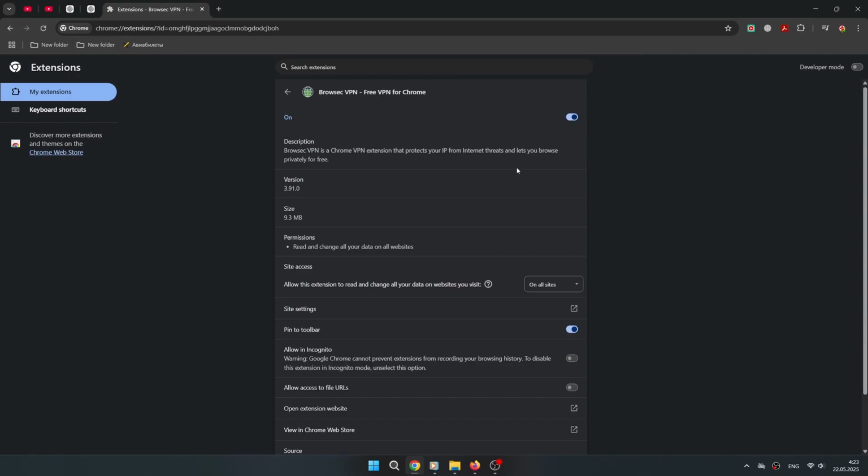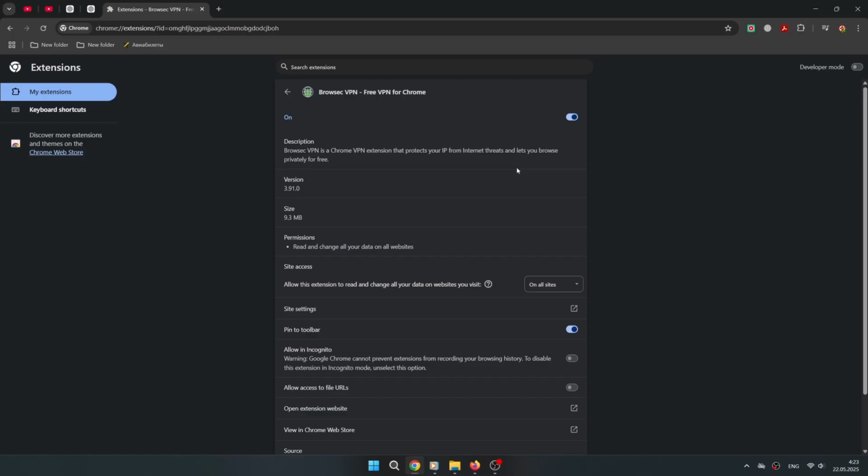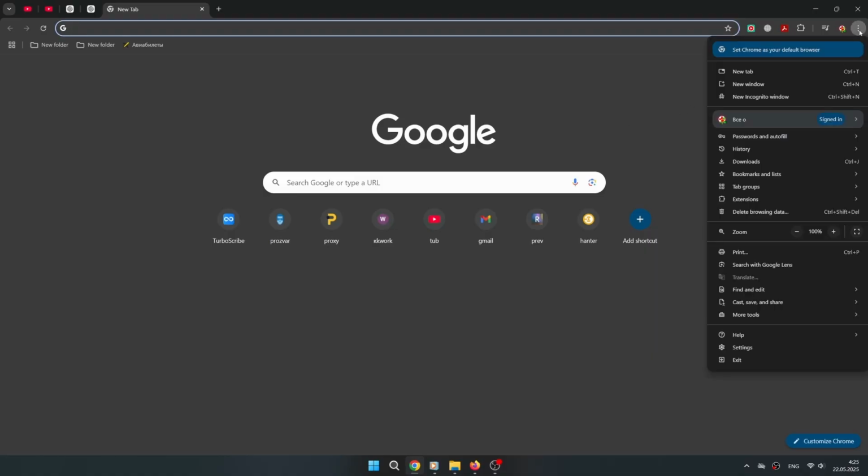Some extensions allow you to customize their settings and manage data access. If an extension is not working correctly, you can try updating it or checking the permissions it requires to function. It is also recommended to periodically check the list of extensions and remove those that are not used or updated to improve browser performance. To enable developer mode for extensions in Google Chrome, open Settings and select the Extensions section,